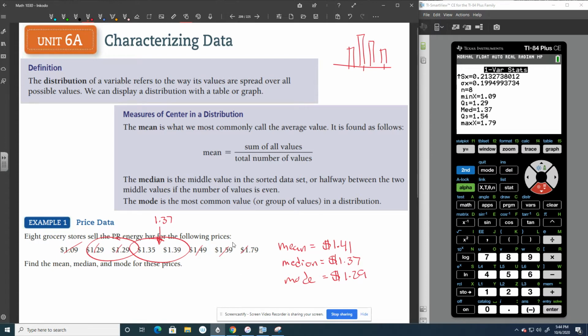Maybe we'll go over that in class. But those three are the different measures of center that we use to find out where all the data is centered. And the mean, again, is probably the most popular. And then the median, and the mode,